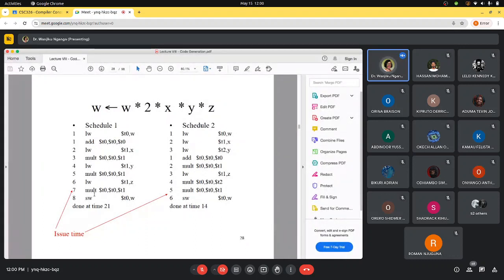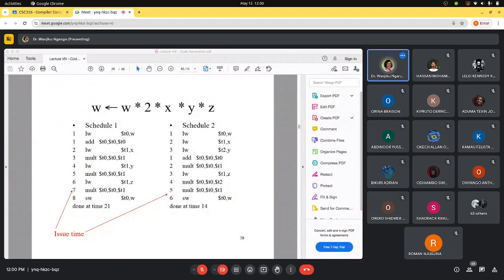This demonstrates that the order in which we sequence the instructions, by trying to minimize the latencies, can result in faster compute times, because we're using the resources more optimally, which is what we want our code generator to be able to do. And this can only happen if we have a global view of the code and we're able to take advantage of